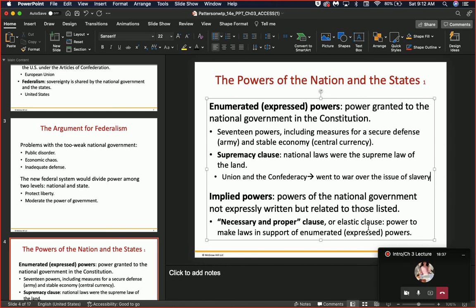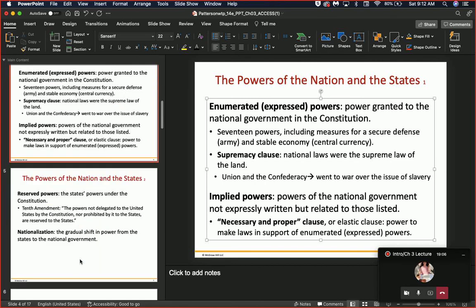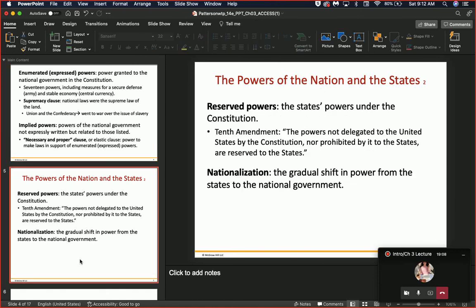So think of it as, let's say they're trying to pass a particular law, but it does not really fall within the 17 powers. They're trying to stretch a rubber band from that law to one of those powers to make it relate to one of those powers, so that they can do it. Okay, that is the elastic clause, the necessary and proper clause, the ability to make laws that they see fit, that is justified in their view from the Constitution.